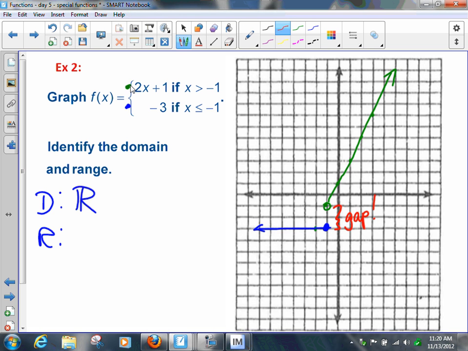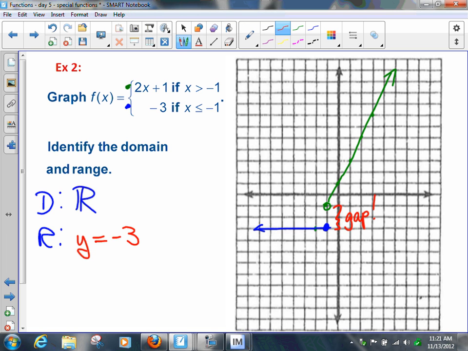I just thought of something so stupid. Go ahead. Can we just do the range for that one line that goes on and then put... Let's look at it. What is the lowest y value we have? Our lowest y value is -3. Do you guys agree with that? So we can put